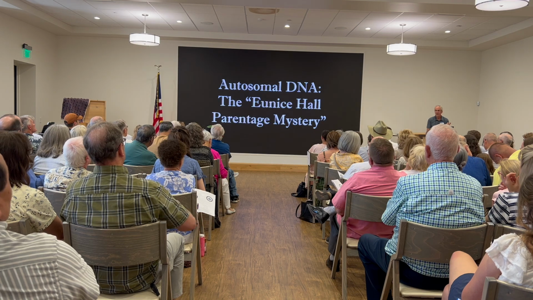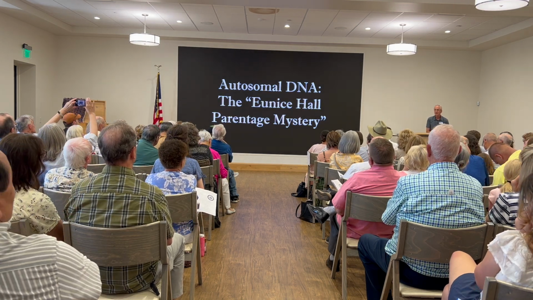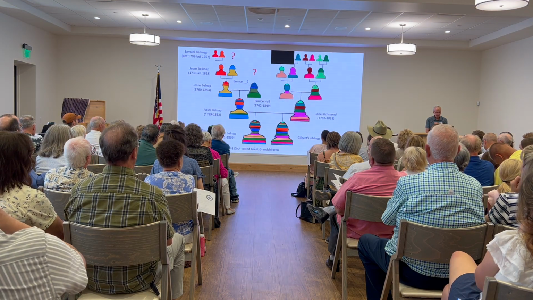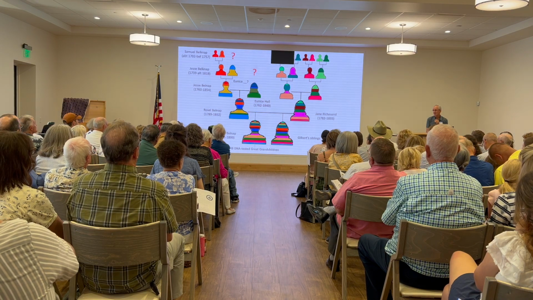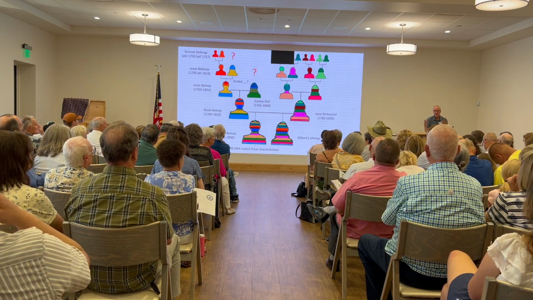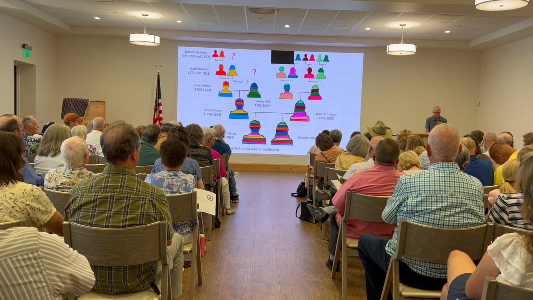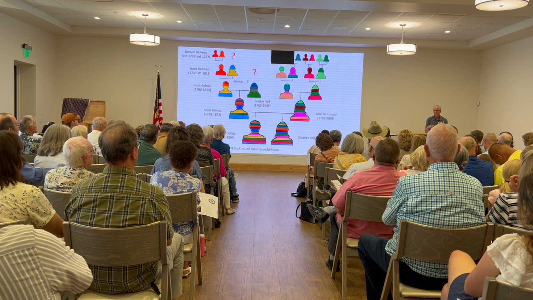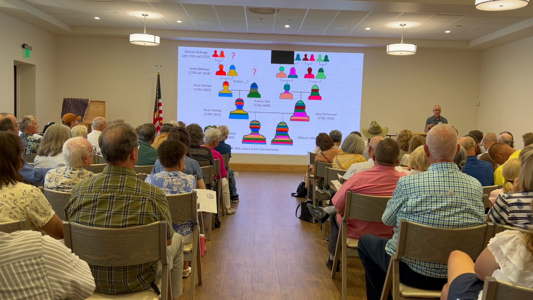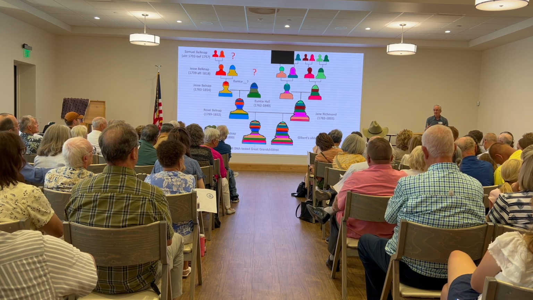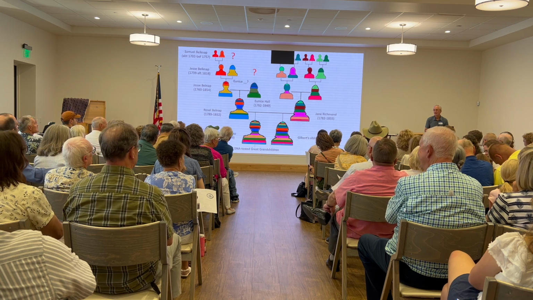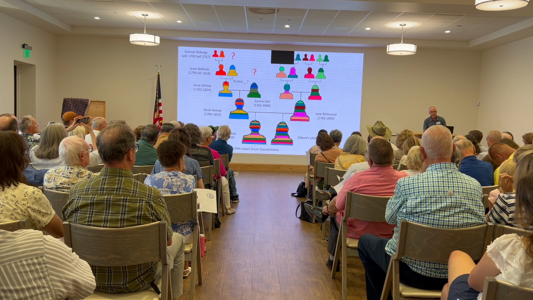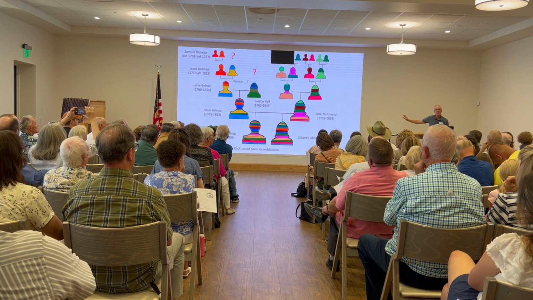It continues. There is another mystery in our family tree. It was the parentage of Eunice Hall. If you go to FamilySearch, the family tree on FamilySearch, there is a lot of erroneous information. We try to correct it, and people mean well, but they don't always know what they're doing. They say that Eunice Hall was the daughter of this guy named Eleazar Hall and a woman named Mary Lake, and we've disproven it a bazillion times. But nobody's really been able to confirm it for sure. Well, let me tell you, through the science of DNA, through these 48 descendants, great-grandchildren of Gilbert Belnap, thank you, Ron, and others, and a number of other people who I have never